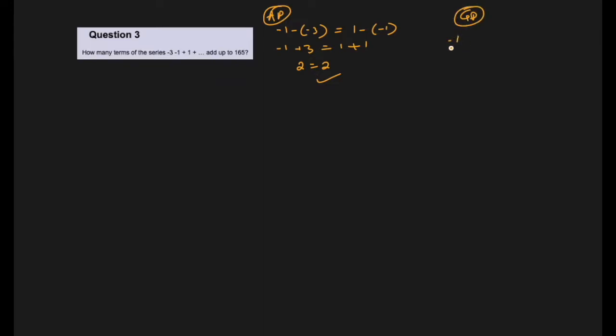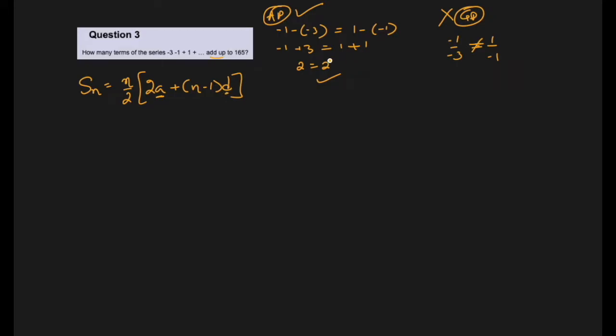So negative 1 divided by negative 3, second term divided by the first term, should be equal to the third term divided by negative 1, and 3 is not equal to negative 1. So it is not GP. It is AP. And now add up. That means we have to find the sum. And the formula for sum is Sn is n over 2, 2a plus (n minus 1) d. A is the first term,